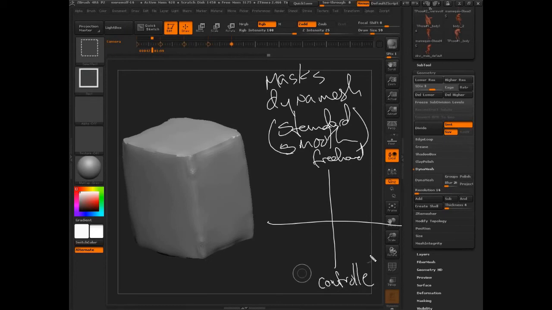Where does Dynamesh work in this kind of freehand, this controlled kind of mechanism? Where are masks? Are masks a freehand way, or are they more of a controlled way? Is the smooth brush freehand or controlled? What do you guys think? These are the kinds of things that the dev team is thinking when they put together these systems and